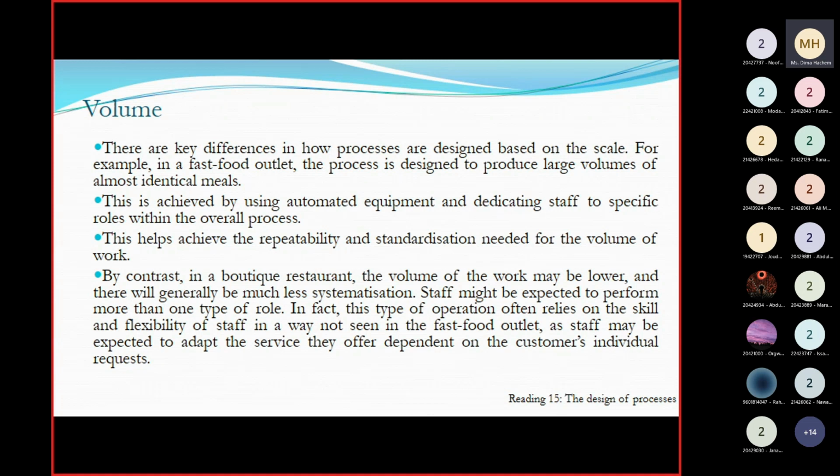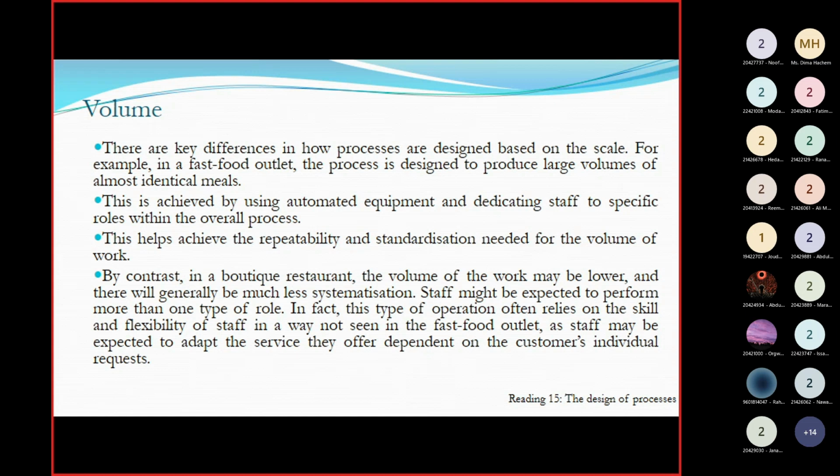Because Al Baik produces huge amounts of meals, they can afford to sell their meals for lower than the competitors because the cost is lower. Okay? If you open the same concept of Al Baik as a small business, you will not afford to sell at the same prices because your cost will be higher